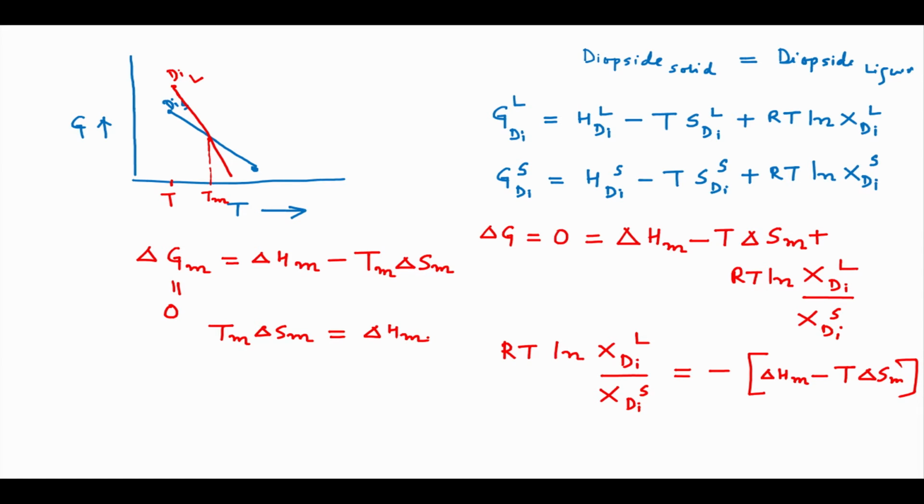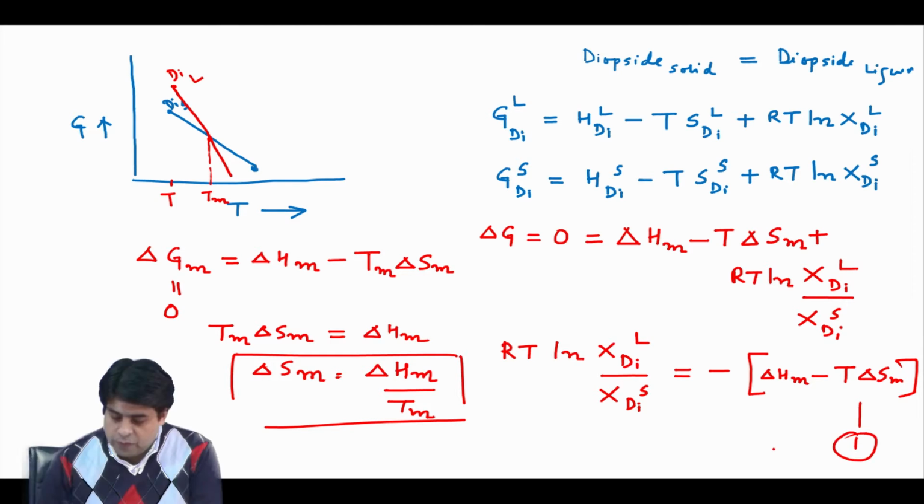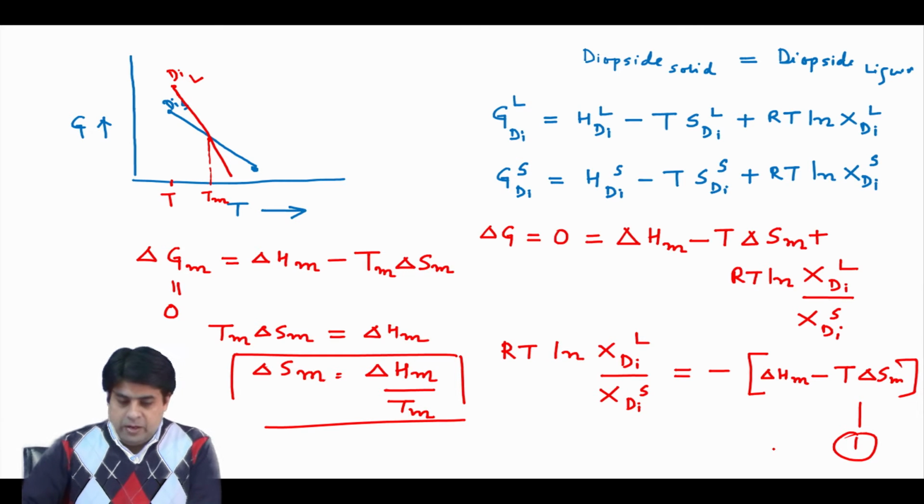We can write like this, okay. And what we can do, we can write down this delta S m is equal to delta H m by T m. So, we can get the value of delta S m, and if we place this delta S m in this equation 1,